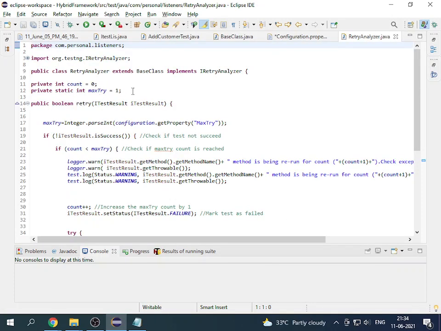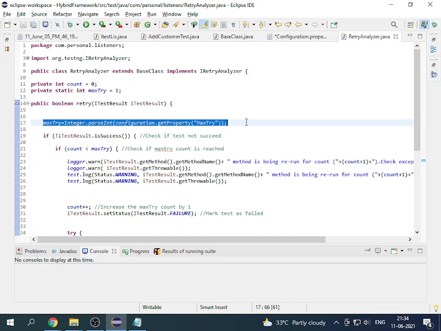As you can see over here, whenever a test case fails, the retry analyzer will try to hit it again. Because sometimes in real AUTs, application under test, the element is not visible in the expected time frame, and we get an error message saying that this test case has failed.